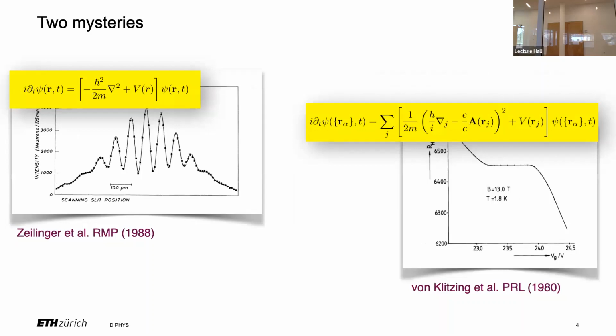One is resolved because we introduced quantum mechanics, and we know that particles are also waves. That's the Schrödinger equation, and that solves the mystery of the double slit phenomenon. Using this equation, you can also resolve the other mystery, because you just take a two-dimensional electron gas in a magnetic field, and you calculate and find what should happen. It's the quantum Hall effect. So these two mysteries have been resolved with the Schrödinger equation for 2D electrons in a magnetic field.